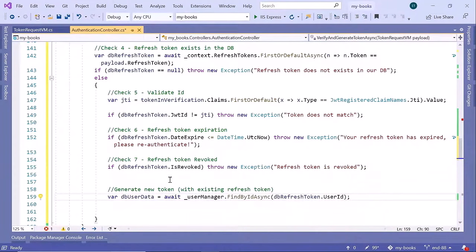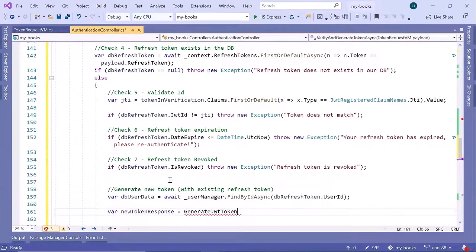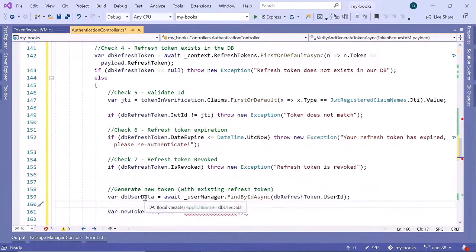Now that we have the user ID, we can generate a new token. So var new token response, and that is equal to generate JWT token. Now this will take a single parameter, so the application user, actually this one, db user data, but